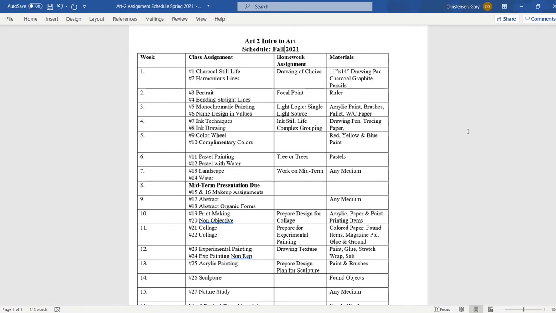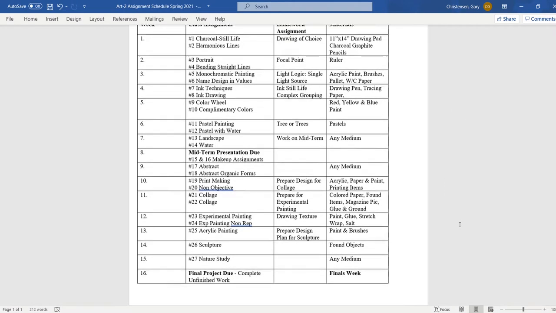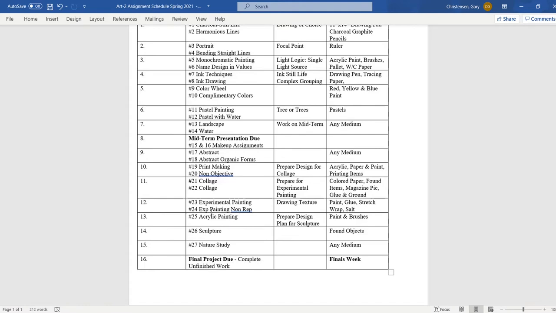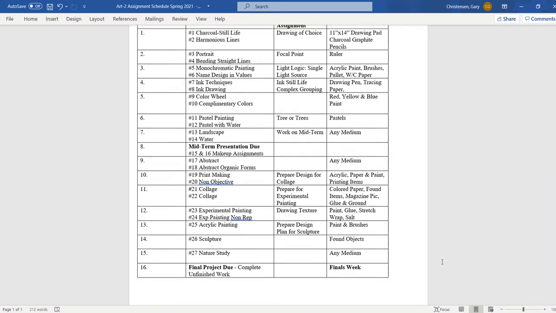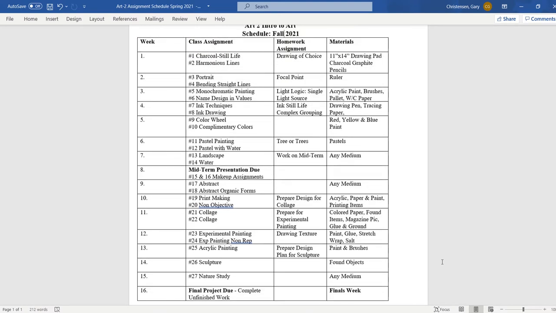That's basically how the whole thing plays out, except toward the end, the last 3 weeks, there is only 1 assignment a week, and then we finish up with an unfinished work week. It provides time for you to catch up. There are quite a few assignments, so that's why I ask everyone to keep on schedule.